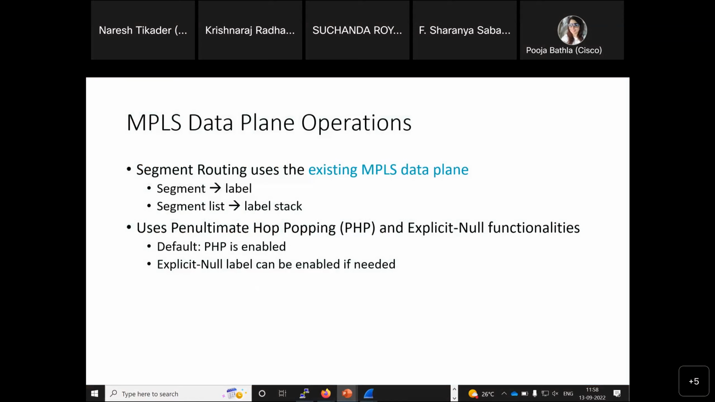So as we are only going about SR-MPLS, segment routing uses the existing MPLS data plane. We just saw the packet capture, right? What was it saying? MPLS label, right? But it was an SR label. So what it means is, when you are using label-based forwarding in segment routing, you are going to use SR-MPLS. Basically, segment routing will